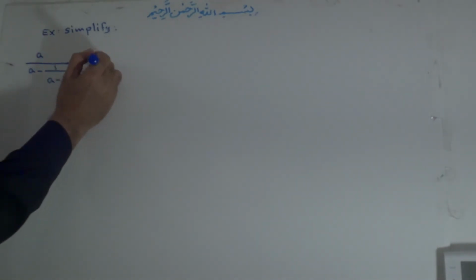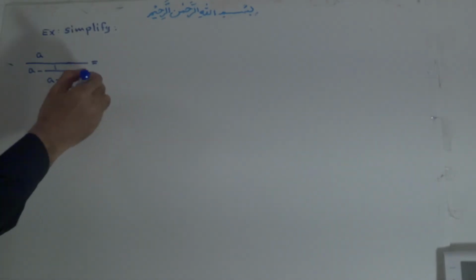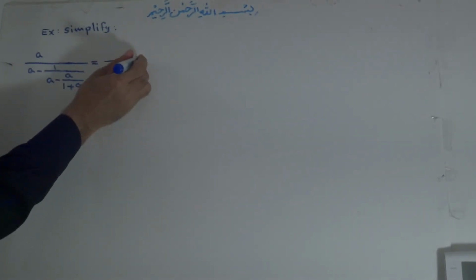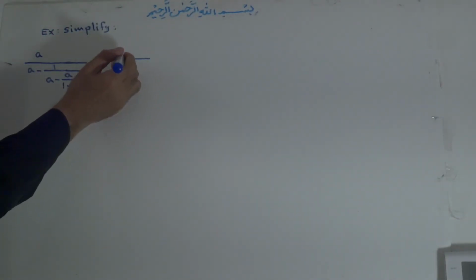Okay, for this kind of fraction, you see, this is the main fraction line. a is the numerator, and all of this stuff is the denominator. And for this one, this is a denominator and this one is a denominator. For this kind of problem, we start from the bottom and go toward the top, and we start simplification from the bottom. But the numerator is already simplified. Yes, this is a. We write a